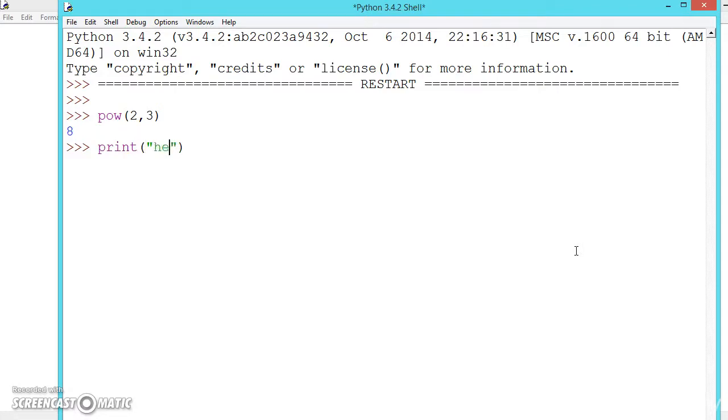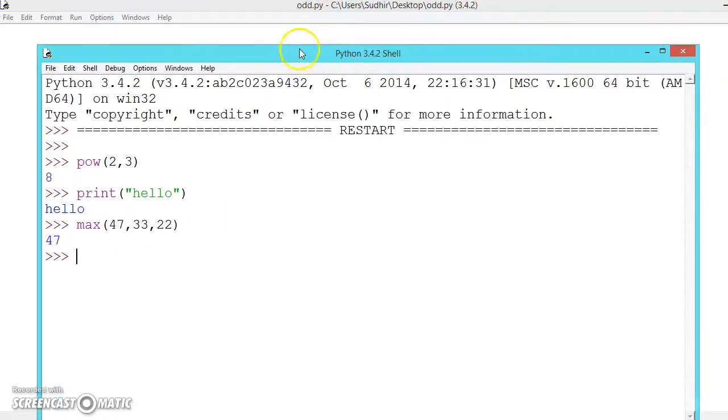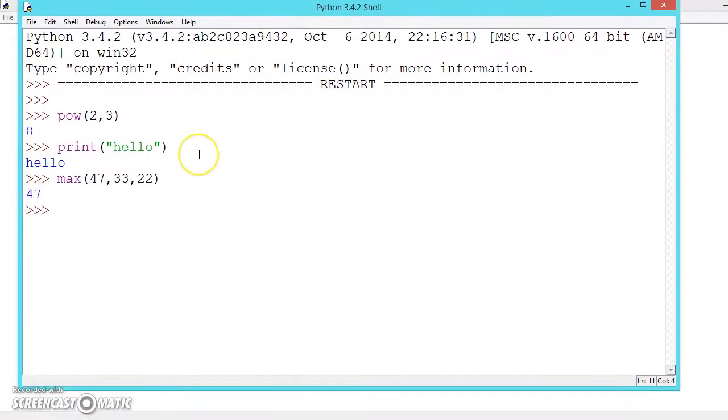This is also an inbuilt function, and there is a function called max which finds the maximum among the values, compares them and gives the maximum, and like this there are many built-in functions. And there is a function called min to find the minimum among the values.